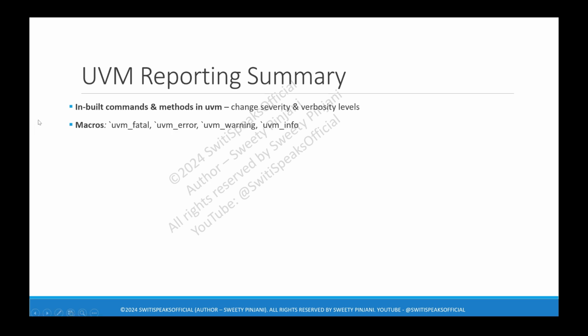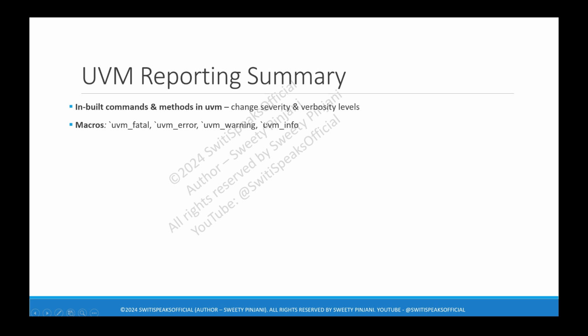We learned that there are four different macros in the UVM reporting or UVM messaging mechanism. These four macros are UVM fatal, UVM error, UVM warning, and UVM info. Out of which UVM fatal is the most severe one. As soon as you get UVM fatal, your simulation has to finish. It has to exit. The default action for UVM fatal was UVM exit, if you remember. As soon as fatal comes, the simulation will stop.